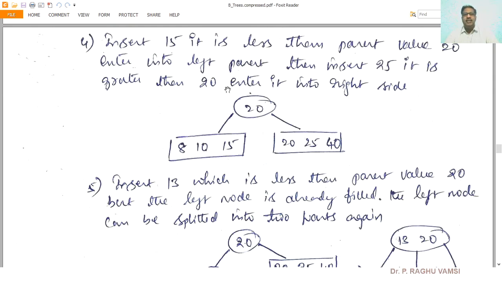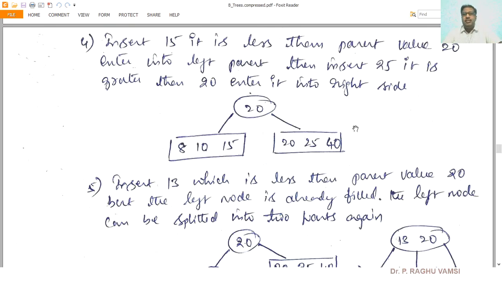It is greater than 20, so you are supposed to insert at the right side. When inserting 15, it should be compared with 8 and 10. 8 is less than 15, and 10 is also less than 15, so 15 should be placed after 10. That means at the time of insertion itself, the elements should be placed in sorted order.